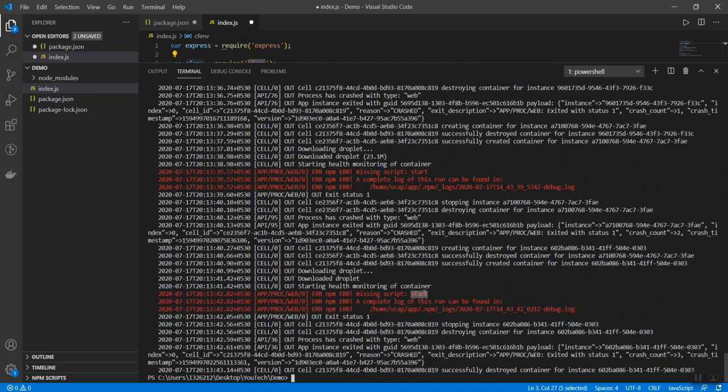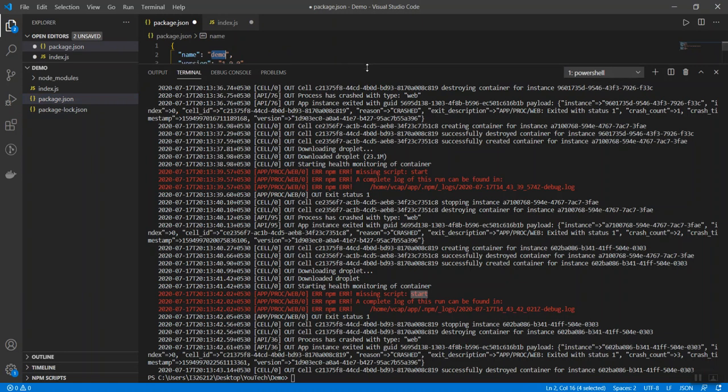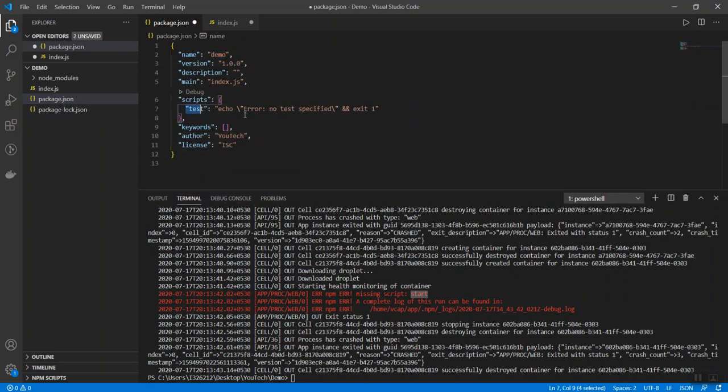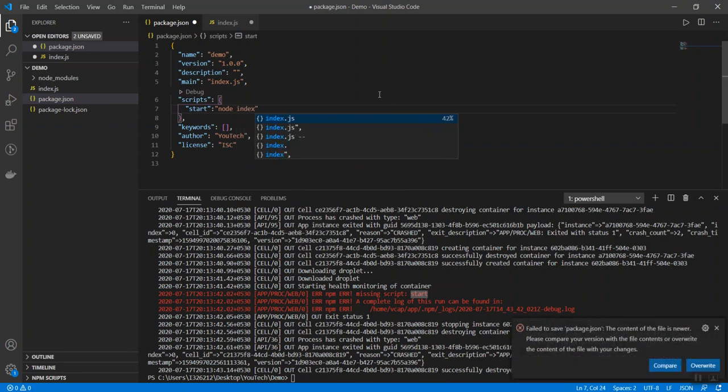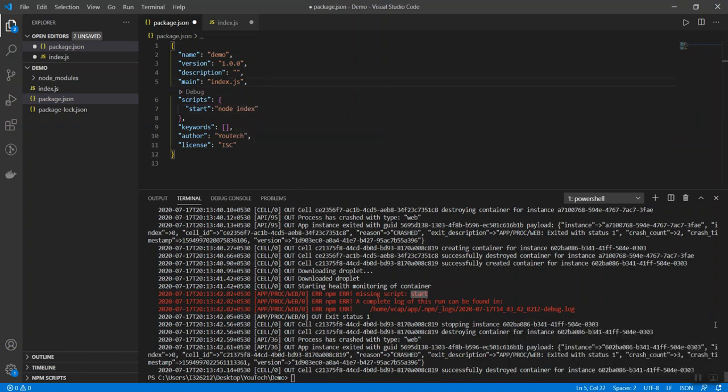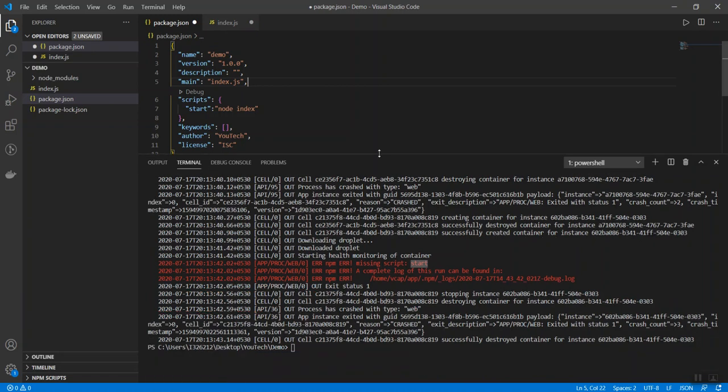So where can we maintain this? Go to the package.json file. In the scripts section, we basically have to tell what my start command is. Start, and then I say node with the index file. This is the file we have to tell. Yeah, so we are good. Let me run it again.